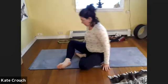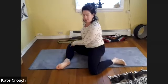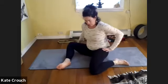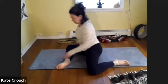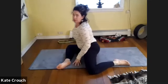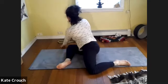Your right shin comes forward and your left shin back, so we're in this little zigzag shape. It's also a modified pigeon pose. We're going to do some work here. We've all done this with me where we're rocking through the hips. So you're going to do that a couple of times, except this time you're ultimately going to rock forward and crawl off